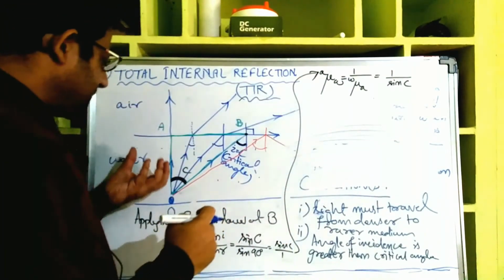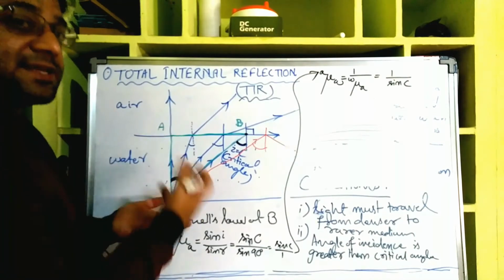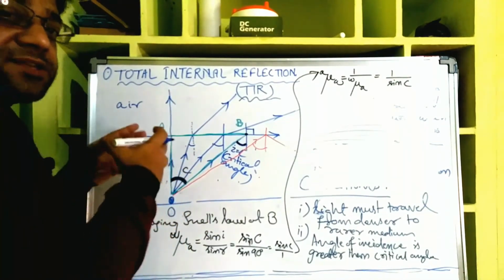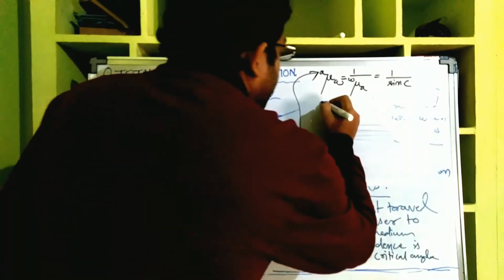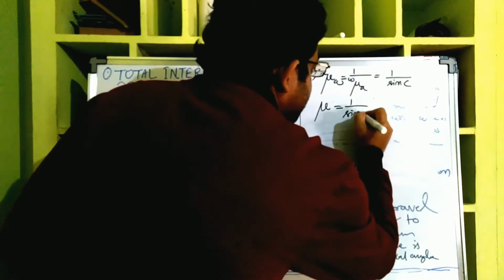And refractive index of water with respect to air is generally called refractive index. What is the refractive index of the denser medium? We are standing in the air and we are interested to know the refractive index of water. So it is called, therefore, mu is equal to 1 by sine C,